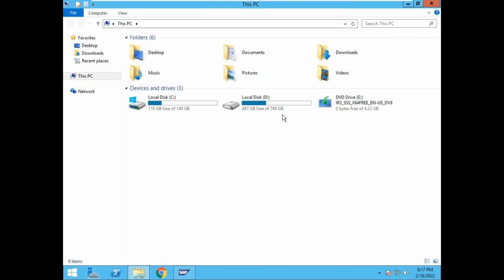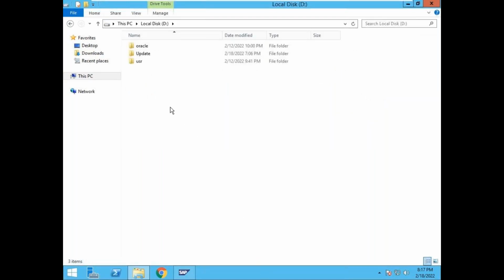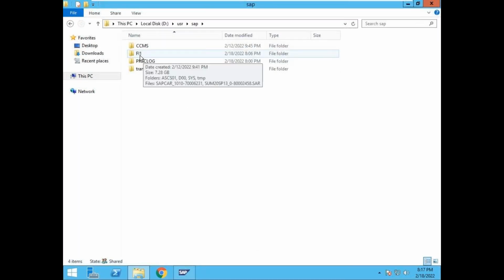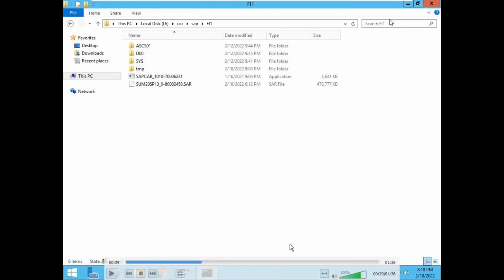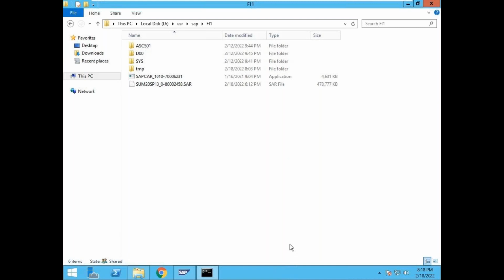Go to the drive in which you installed the SAP software, that means the installation drive, USR folder, SAP folder, SID folder. There I put those two files, SAPCAR and SUM.SAR file. Put the mouse anywhere there, press the shift button on your keyboard and